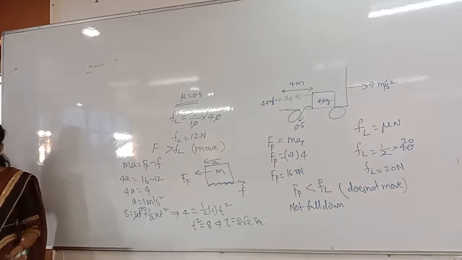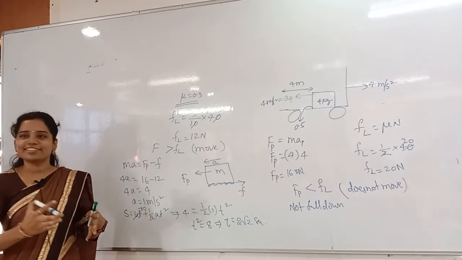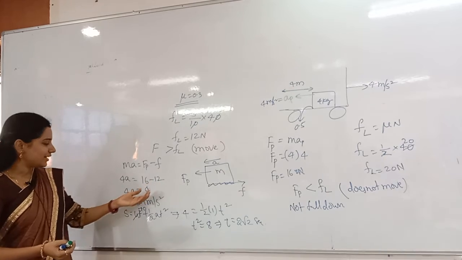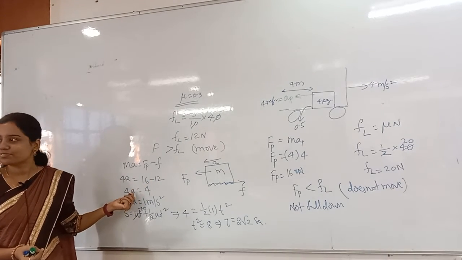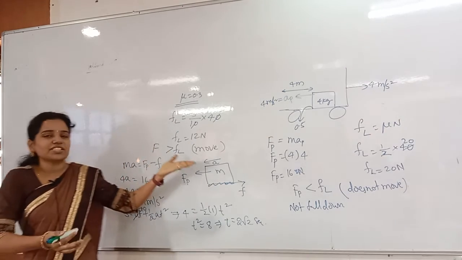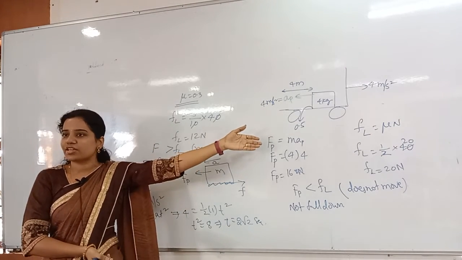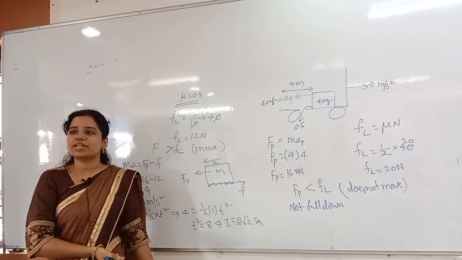Everybody understood that? You have taken directly so much equation we are having, so that we got excited and then immediately applied A is equal to 4, so that we got the wrong answer. Here what you have to do, friction is also applying, no? Why are you removing the friction here? It is a frictional surface, of course. So net force is different.